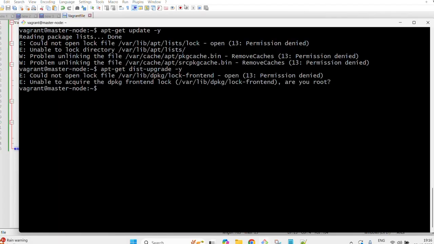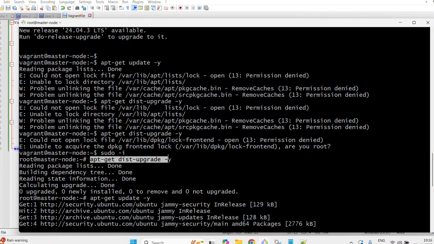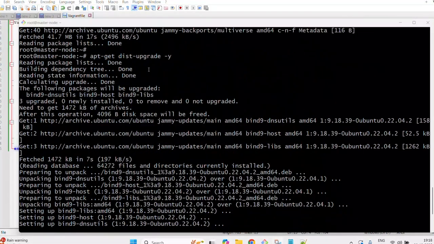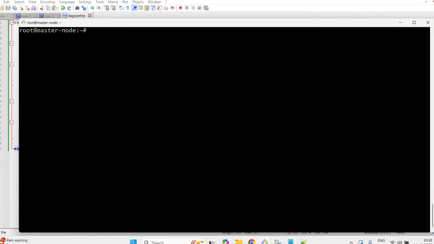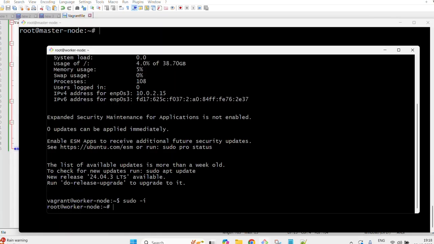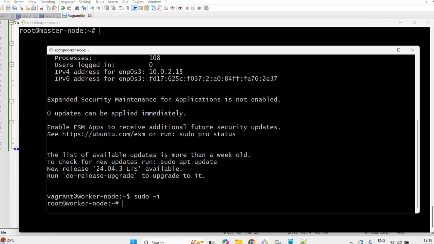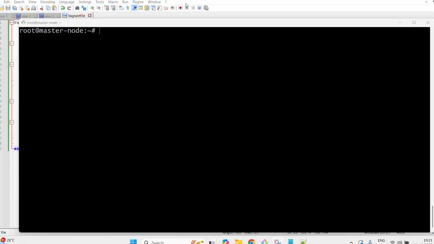Now we have to run these commands, but I forgot to mention sudo. After logging in as the sudo root user, I run these commands, apt-get dist-upgrade and apt-get upgrade. These commands install the packages. Once the package installation is completed, the same commands run on the worker node also, sudo -i. Now I run all the commands as the root user, using apt-get update to update the packages,